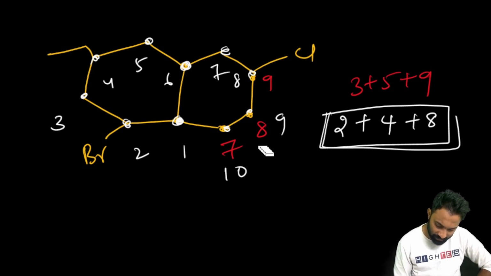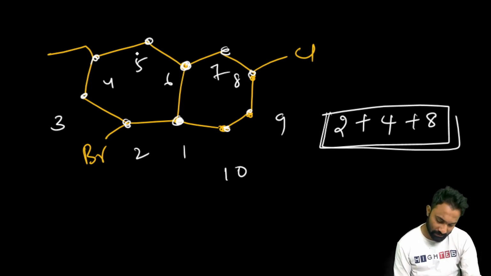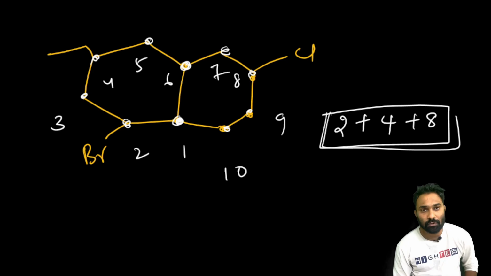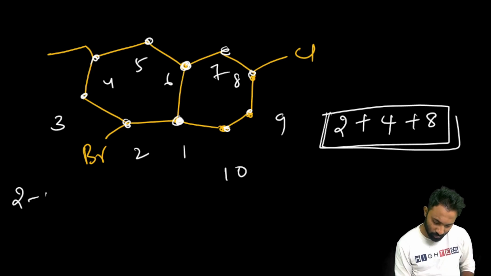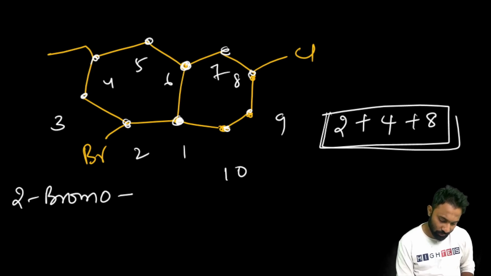Then write the naming for this compound. How to write the naming for this compound? First you have to write the substituents in alphabetical order. According to the alphabetical order, first bromo will come. At which position are we having it? 2 bromo, next 3 ethyl, 2 bromo, 3 ethyl and 2 bromo and 8 chloro,